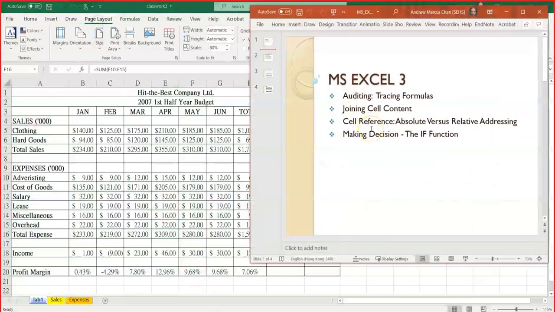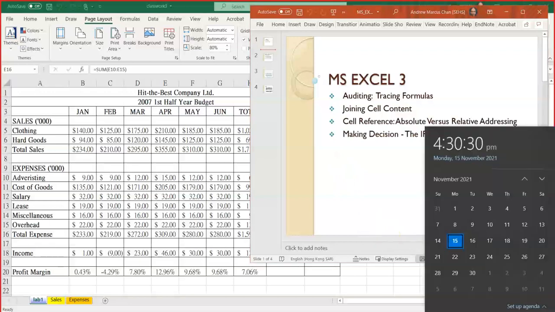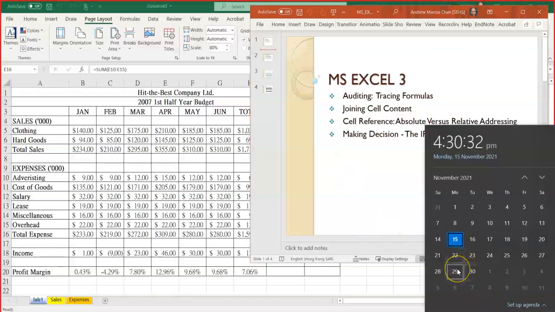Today we'll work on the last tutorial for Excel 3, okay? And then next week we'll have a revision. And in our last week, that means the 29th of November, there will be an in-class practice for Excel and Access, and you have to go back to